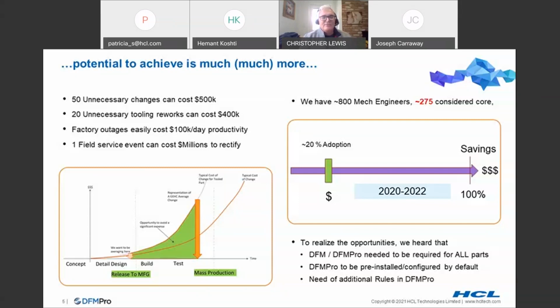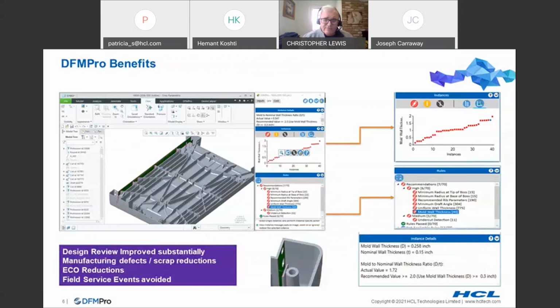So we'd like DFMPro to be pre-installed and configured by default. And obviously there's the never-ending quest to do more with it. So additional rules to cope with different situations, very, very small parts over in our Finland group. How do we handle that better, and so forth. So I think everybody on this call watching this presentation probably knows everything there is to know about DFMPro from a what-it-does perspective, but